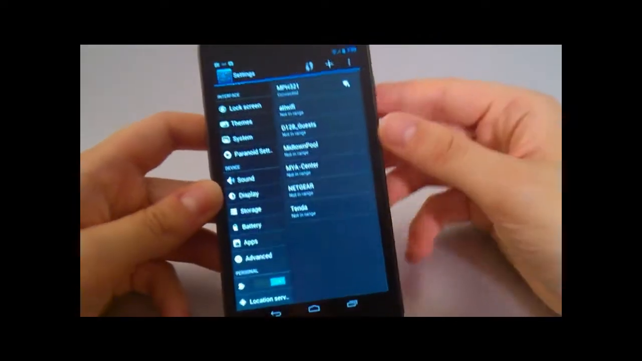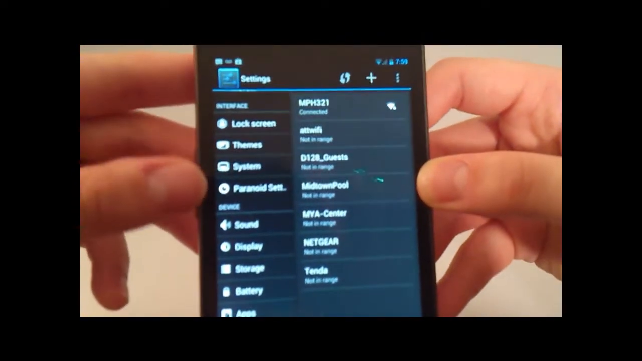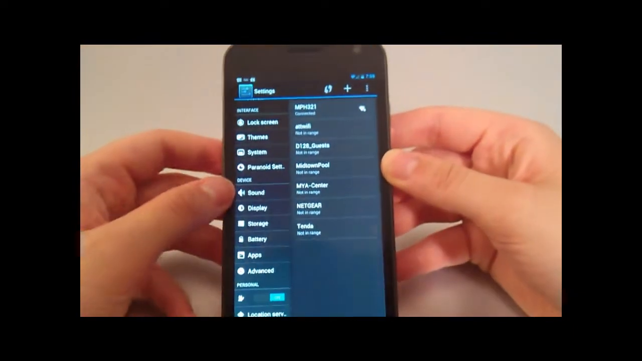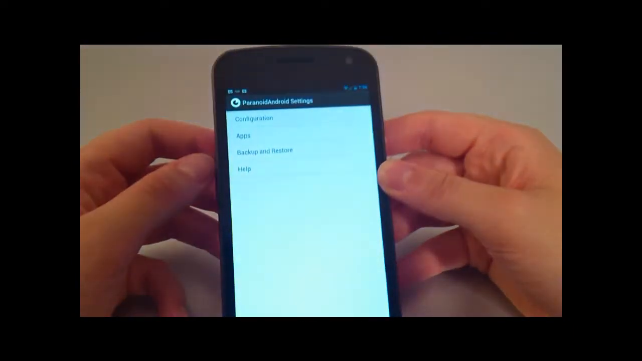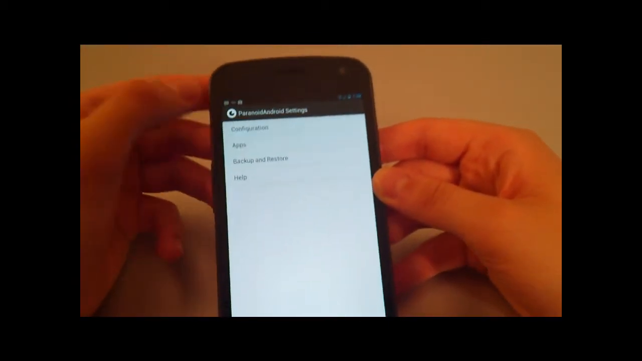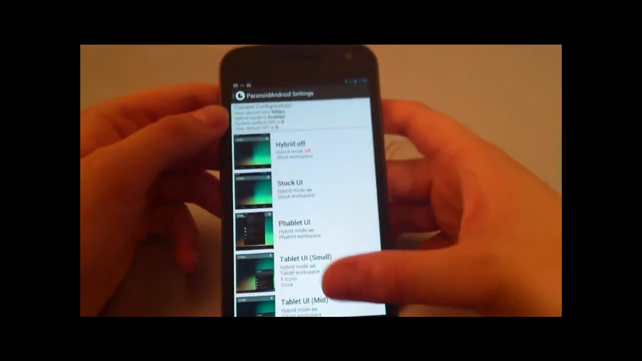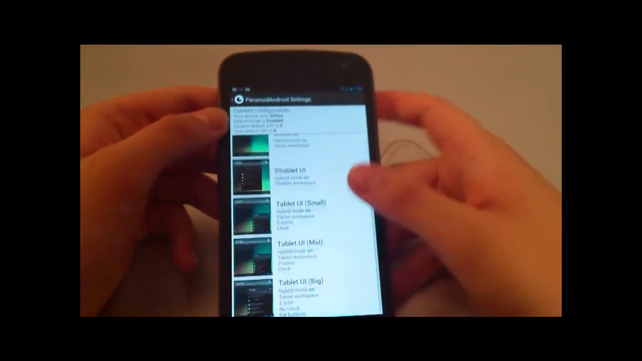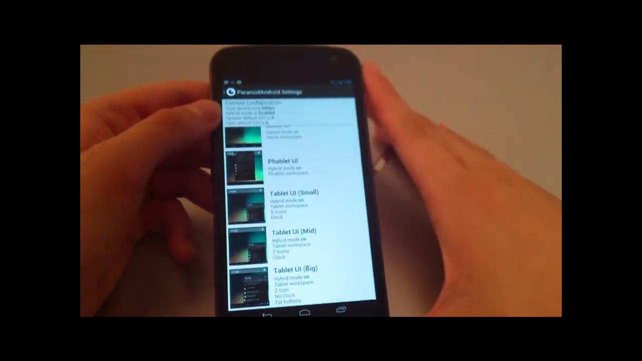Alright, so this is what you can do with it. Let's scroll all the way to interface, and you'll see we have 4 new options to mess with. So let's first go to Paranoid settings, or Paranoid Android settings. And then the first thing you're going to go to is configuration. And with configuration, we have 6 different types of configurations of the